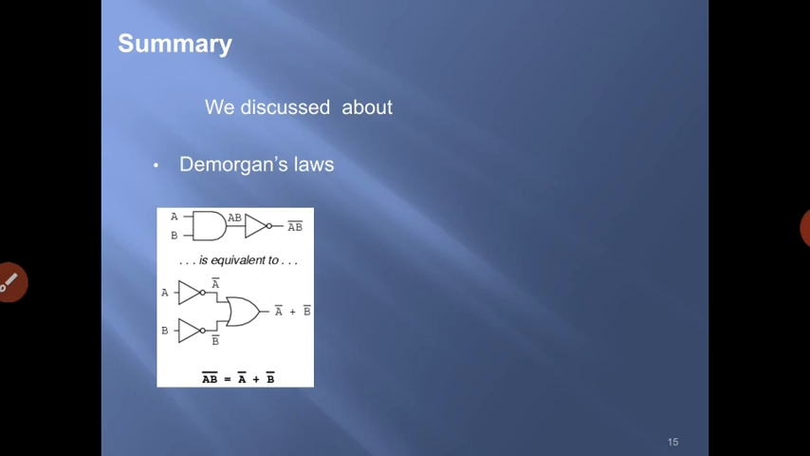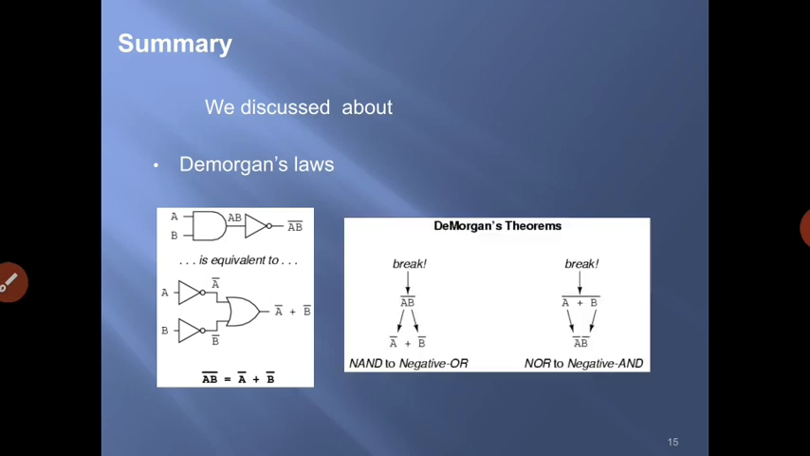Next, as a summary, we have discussed De Morgan's laws: De Morgan's second law, AB whole bar is equal to A bar plus B bar, and De Morgan's first law, A plus B whole bar is equal